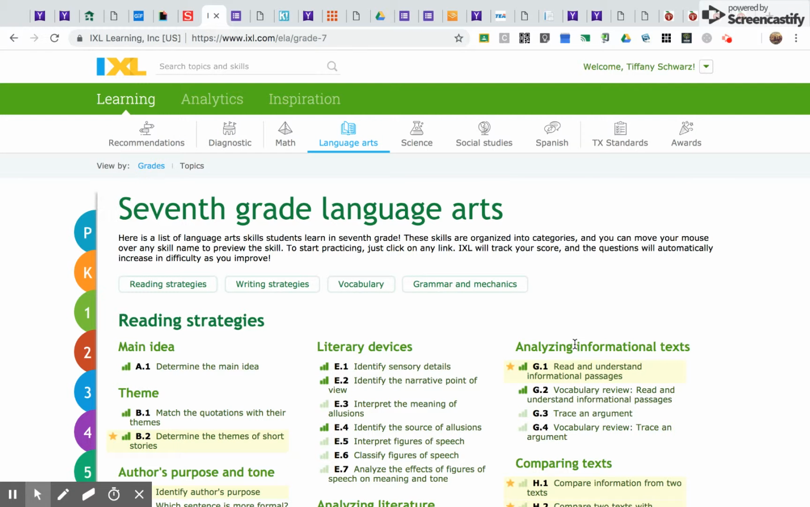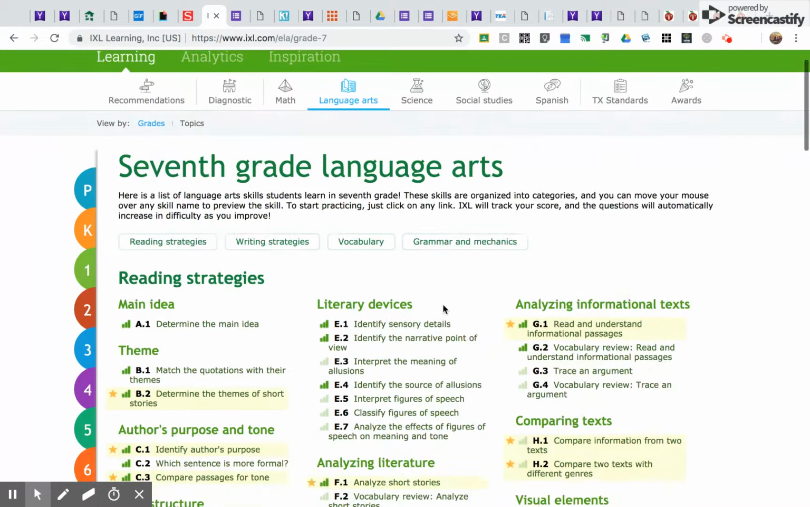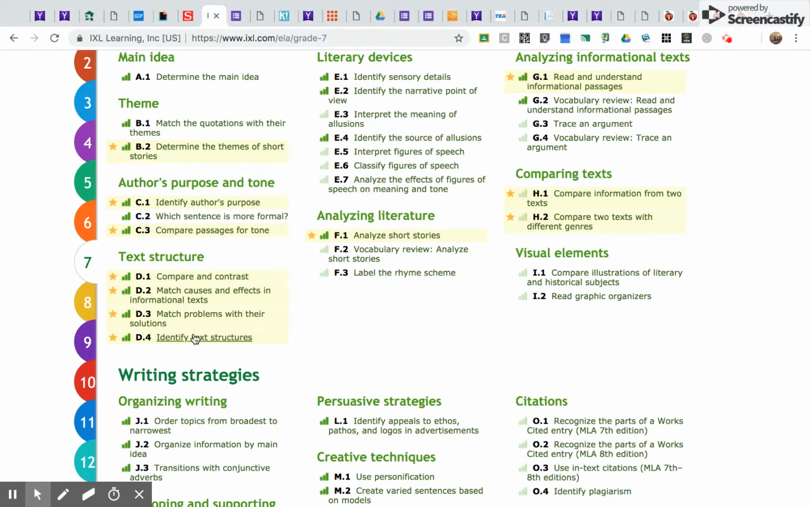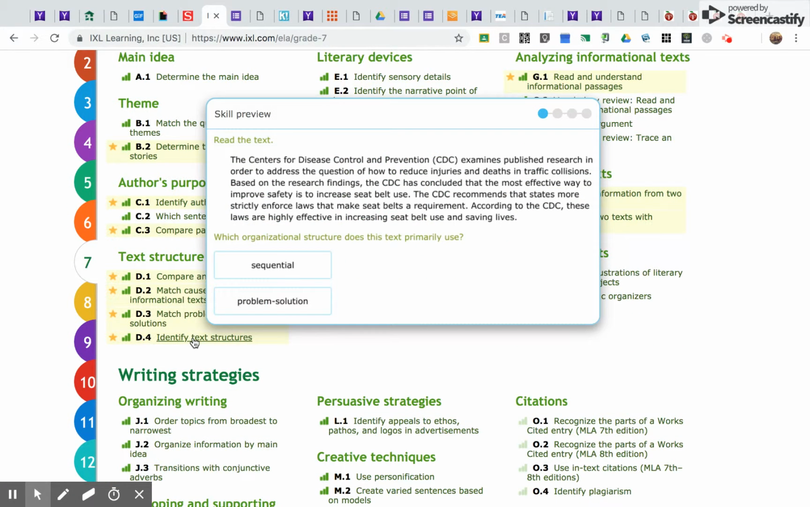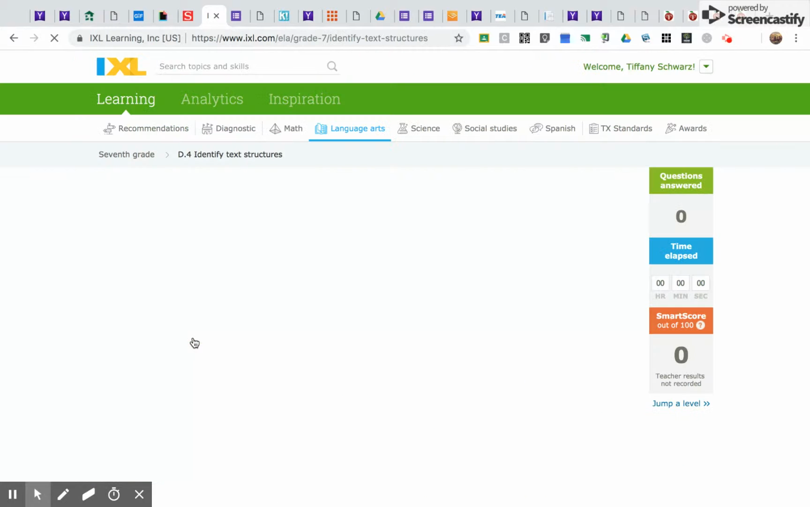After you complete your review on informational text using the BAT article, you're going to complete 3 IXL skills. The first one is going to be 7th grade, D4, identifying text structures. So for this one,